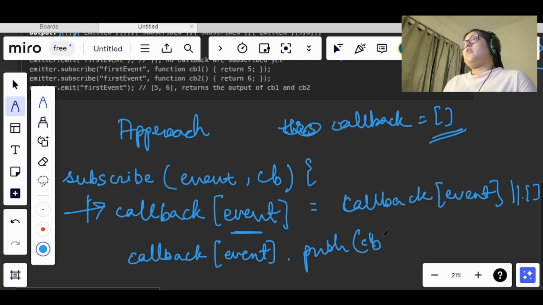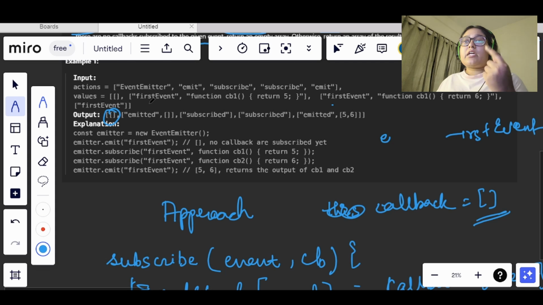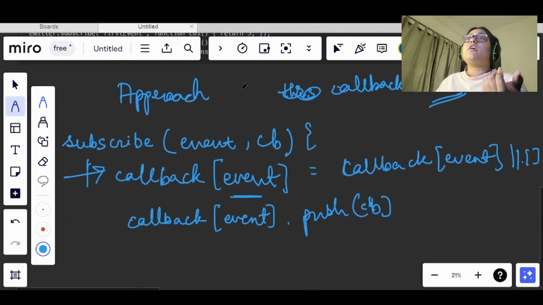cv. Now what we are doing here, let's say, here this first event will be acting like a key, and the value will be this 5, or whatever value is returned by the callback. So here first we are checking if our callback is returning any value or not, otherwise it will be an empty array only. So this is like the basic initialization. Now let's say our callback is returning some value for that event, so for that event, we will store the callback value. So here that only we are doing.